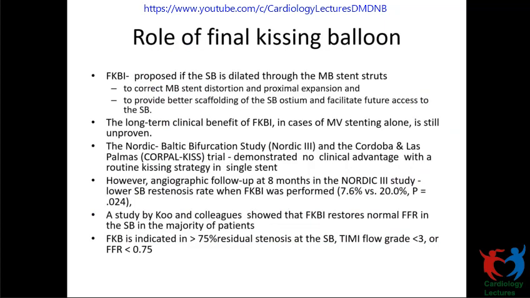Now, whether POT has to be done in all cases of provisional stenting, the results are controversial. And after POT, whether to do a final kissing. If we are doing a POT, we should go for a final kissing. If we are not doing a POT, the question of final kissing may not be there. Results have shown that when you do a POT, then you should do a final kissing balloon dilatation because it decreases the incidence of restenosis as well as improves FFR and TIMI flow. So even in case of provisional stenting, ideally a final kissing should be done after the POT.